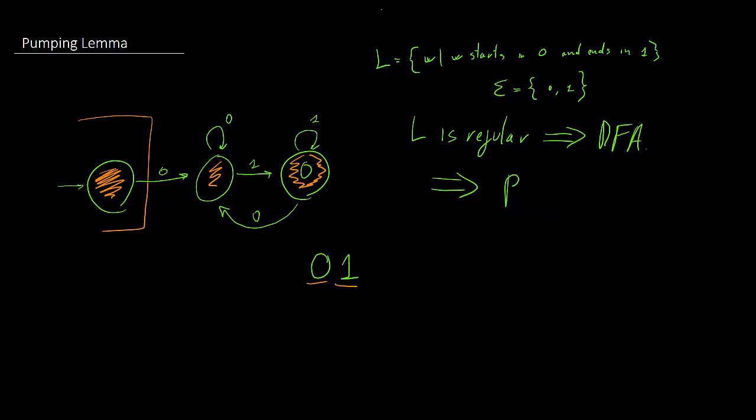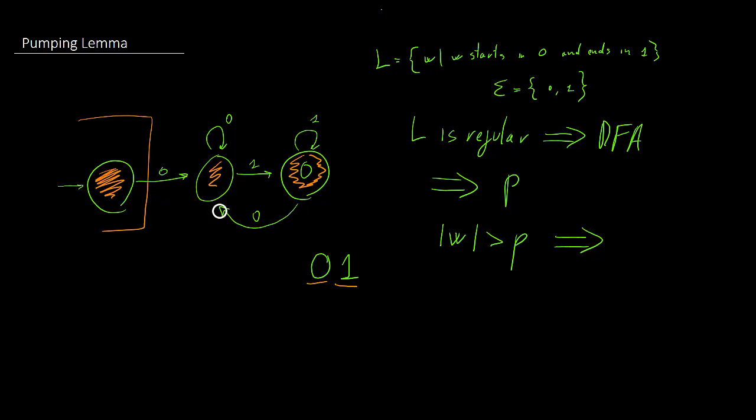We don't bother building the DFA. We just need this fact to say that for every regular language, there's a number P, which we call the pumping length, which we can think about as being the number of states in our DFA recognizing the language. So we have P, and now the fact is that if our language contains strings longer than P, so the length of the string is more than P,